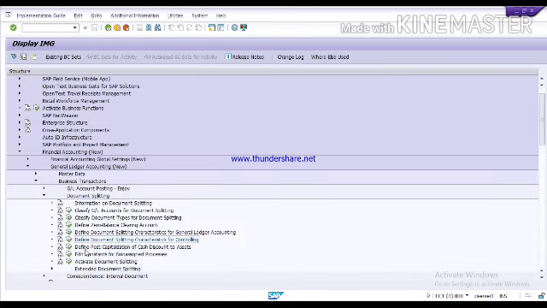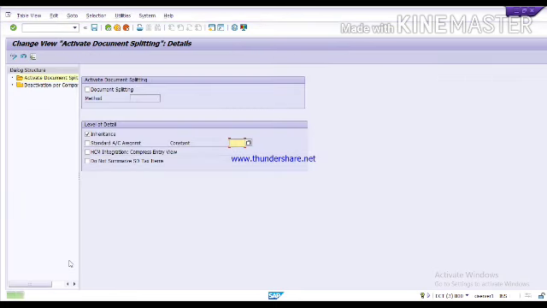The next step is not an important step. Here you have to click on this activate document splitting. Just execute it. Here now click on this document splitting and just save. I'm not going to activate document splitting as this is a training system.